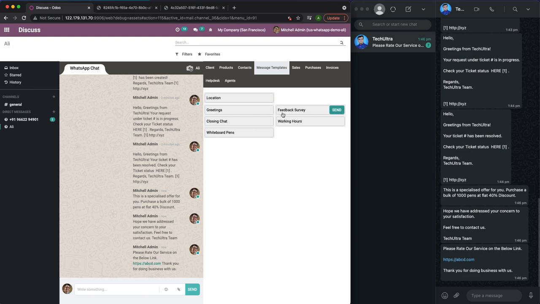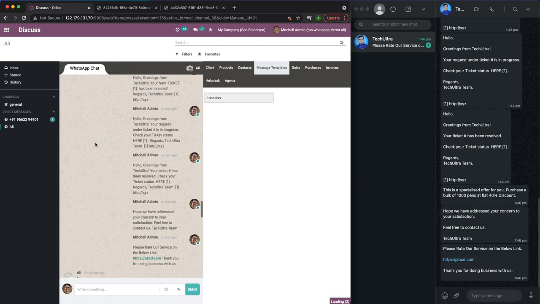We can have numerous templates, and we can further customize the whole module as per the business needs. Some companies require only one-directional chat, but this feature is bi-directional, so there is two-way communication over here. Not only can the company send messages to the customers, but it can also receive and keep track of the same.